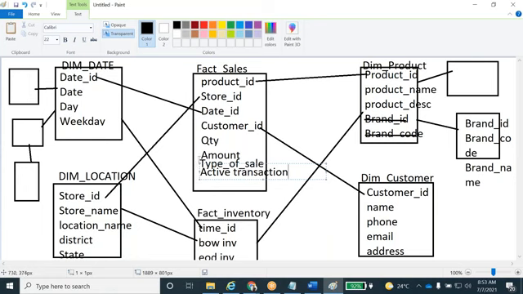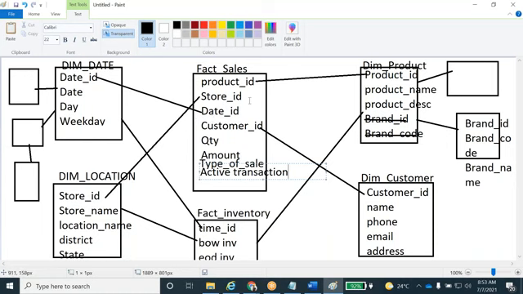But these attributes are not related to any of the dimension tables. So these kinds of attributes we call a junk dimension or dirty dimension. The definition: junk dimensions or dirty dimensions are any random transactional codes or flags that are stored in a fact table. These kinds of attributes, textual descriptions, are stored in the fact table.